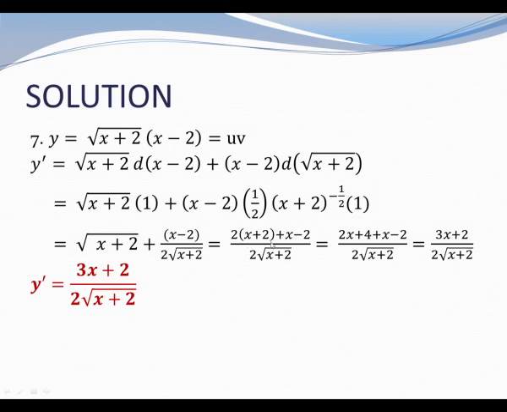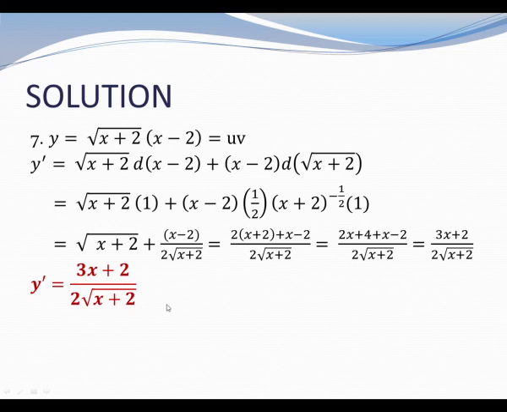And then simplifying the numerator, we can distribute the 2, so this is now 2x plus 4 here. And then plus x minus 2. Combining similar terms, you have 2x plus x is 3x, and then 4 minus 2, that will be 2. And this is our final answer as 3x plus 2 divided by 2 square root of x plus 2. So the derivative of the function, y prime, is equal to 3x plus 2 divided by 2 square root